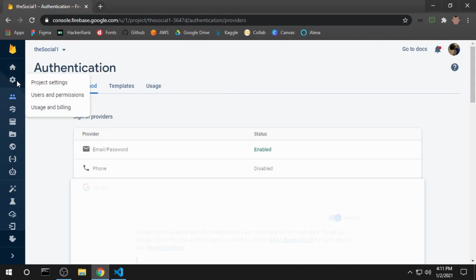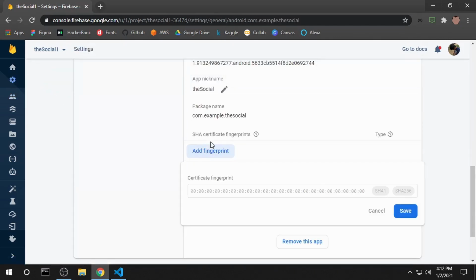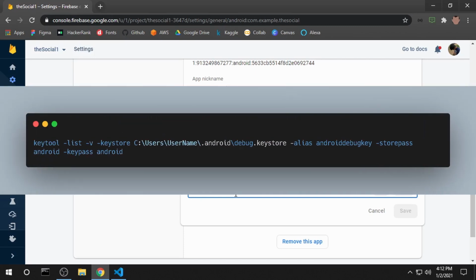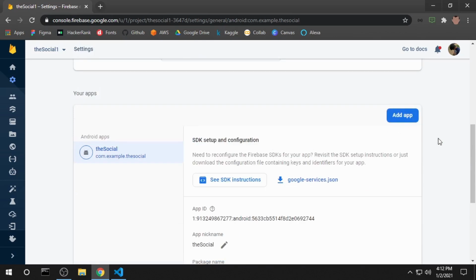we can go under the settings of our entire project. Under the settings of our The Social app, we need to provide a fingerprint. Both of the keys are necessary for implementing Google sign-in between our Flutter and Firebase. On your screen, you may observe the command for getting the SHA-1 key for Windows. Also, I will be pasting both of the commands, for Windows and similarly for macOS, under the description box. Go check that out. Once we have done this, we are ready to go.